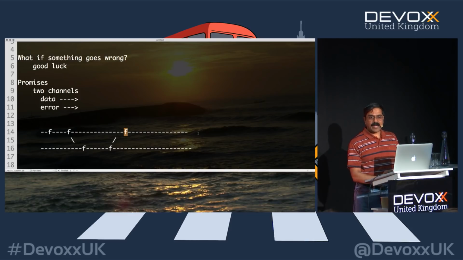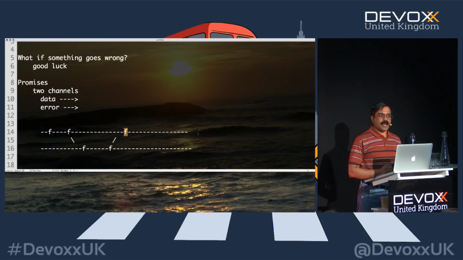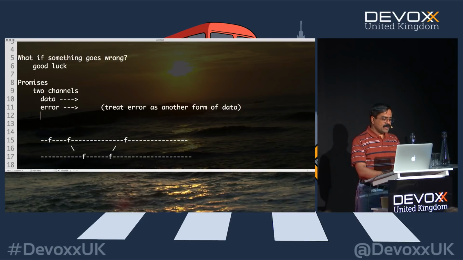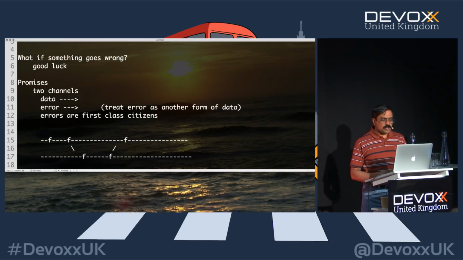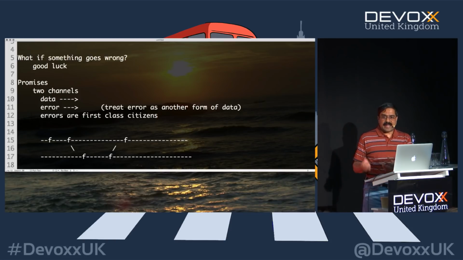And as a result, in the end, you're going to get a result back based on whether you have an error or you have data. So there's a nice clear separation as a flow of logic, and you're not blowing up things, you are still propagating. So in other words, you treat error as another form of data. That's what you're doing. And errors are first-class citizens. This is one of the beautiful things about this: you're able to treat them as first-class citizens when it comes to promises. And that is one of the distinctive behaviors of promises, that you have the data track and error track.